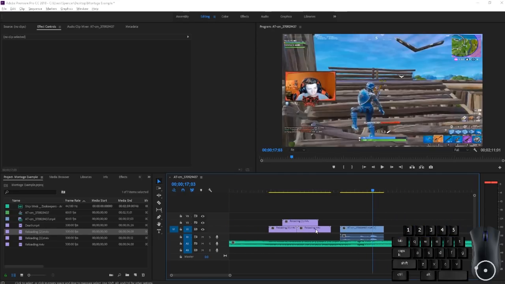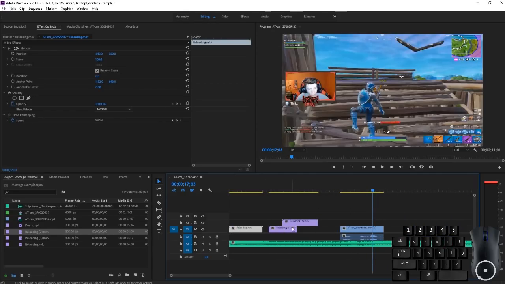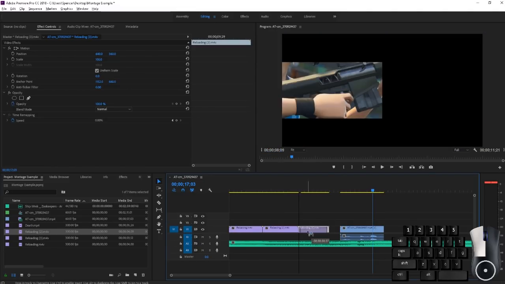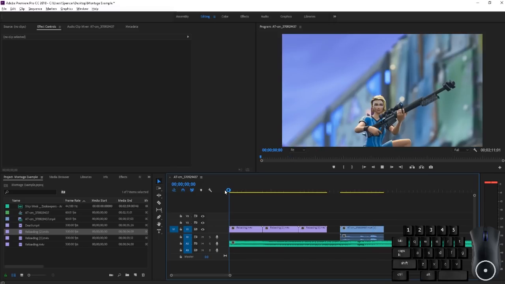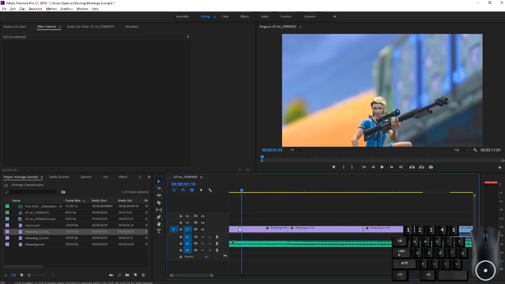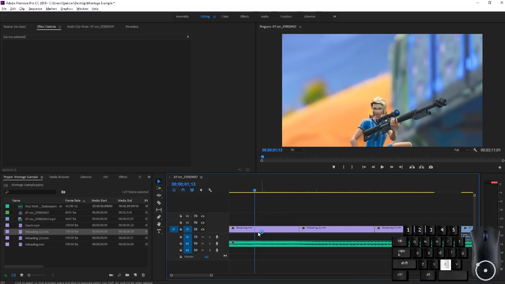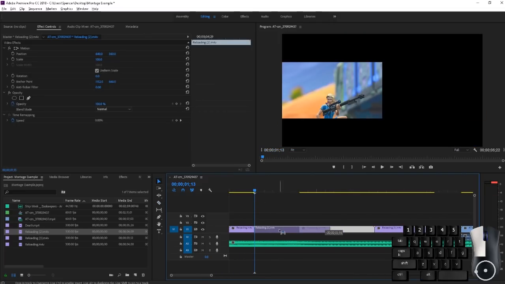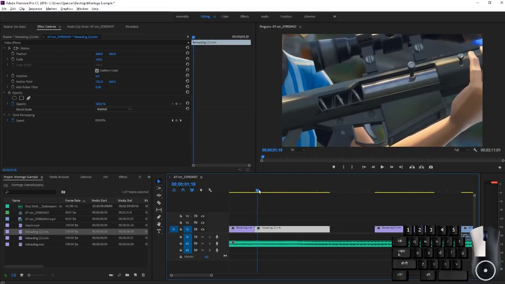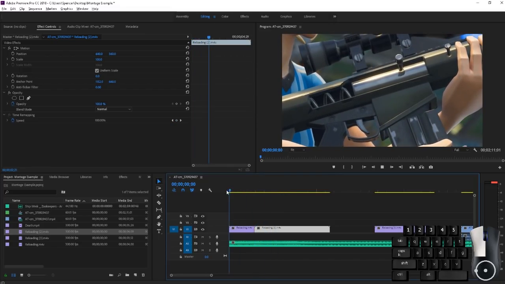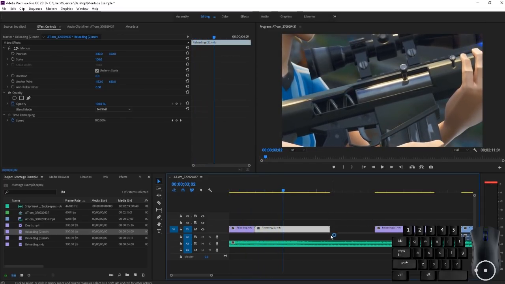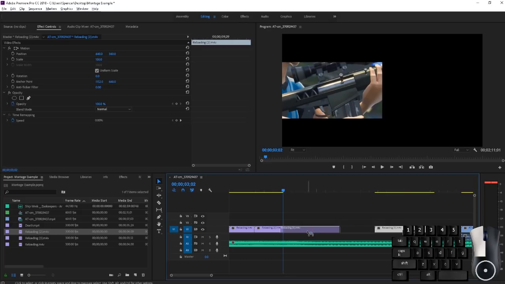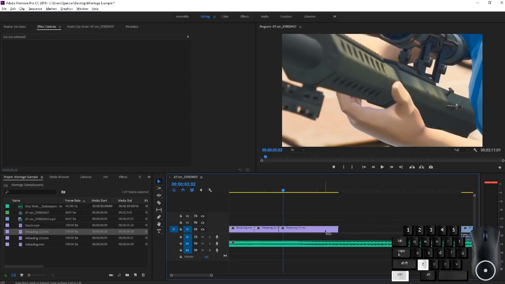So I'm actually going to put them in order. 1, 2, 3. Now I'm going to trim them up to make it look like it's one shot, just in different angles. So first, they're throwing it up, and we're going to cut it about there, and then switch to another angle. And then reloading number 3